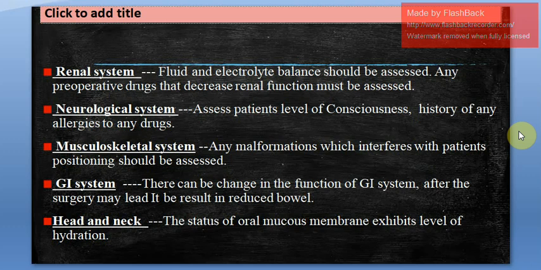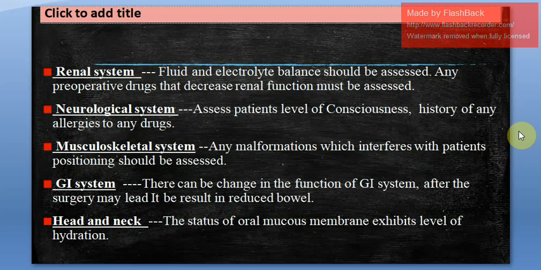In neurological assessment, you have to see the patient's level of consciousness, whether the patient is able to follow your instructions. Then see if the patient is oriented to time, place and person. All those things can be done under the neurological system. You should see that the person is not confused or disoriented. He should be able to follow the instructions well. Next is